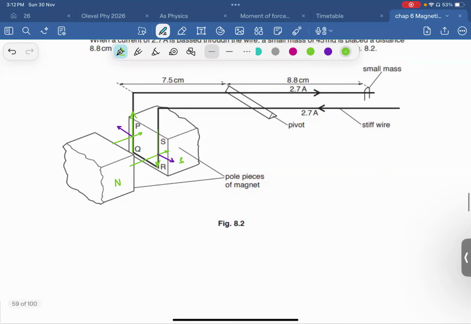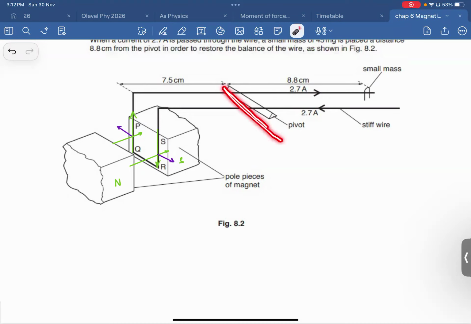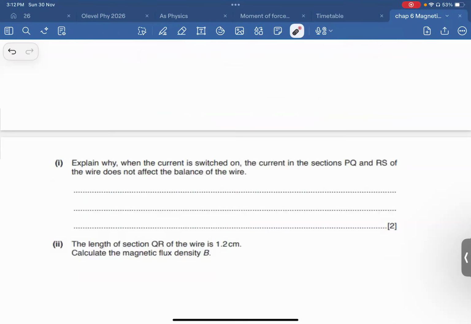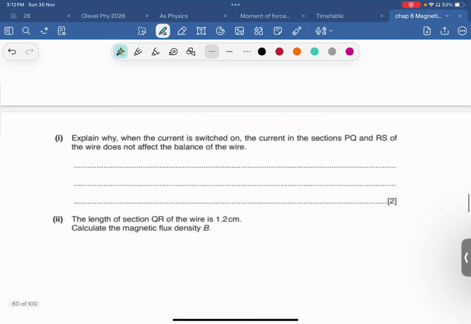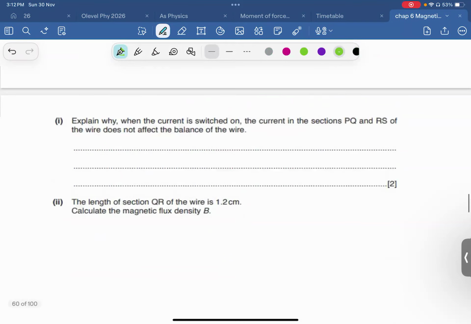And the other thing is, the resultant force would be zero because the forces are equal and opposite. That is Newton's first law. But if you also talk about the moment, since the force is parallel to the pivot, it won't generate any rotational moment, so it does not affect the balance. So they're basically talking about the rotational moment, not the forces. We only have to answer in terms of moments. So we can say that